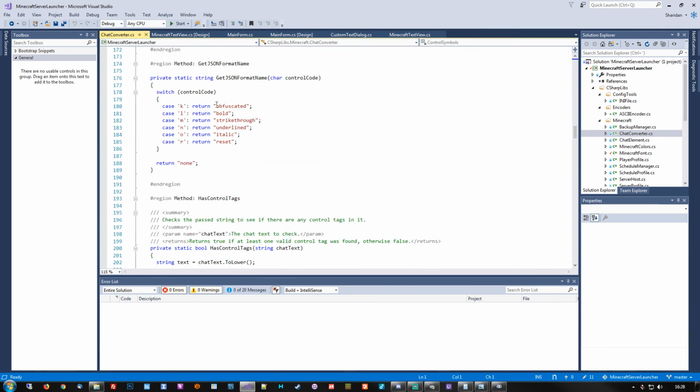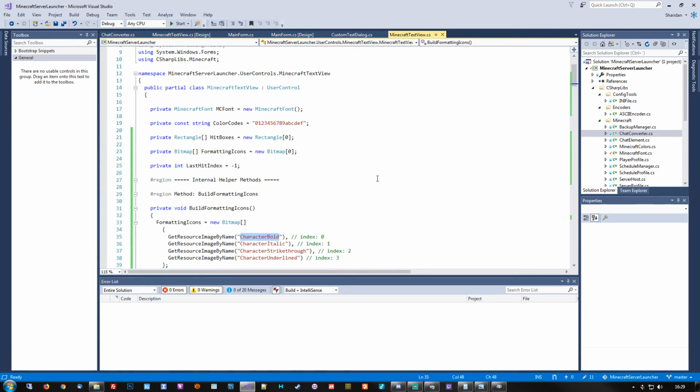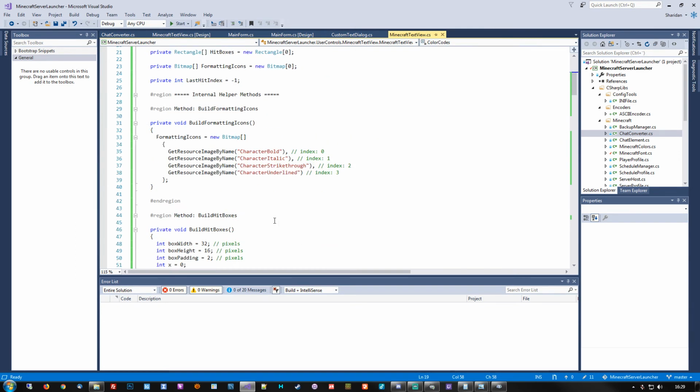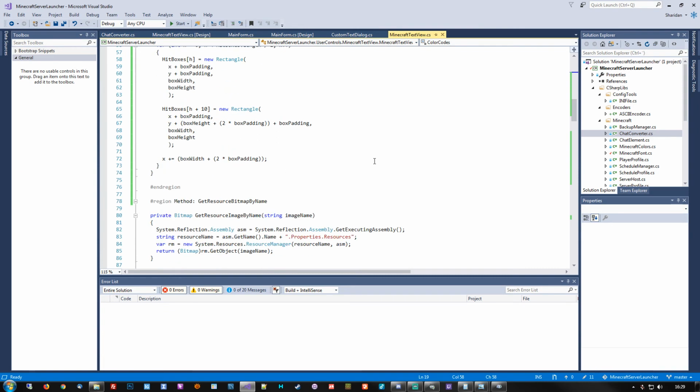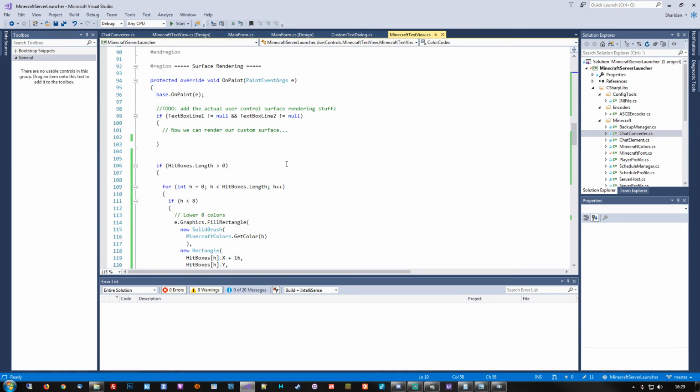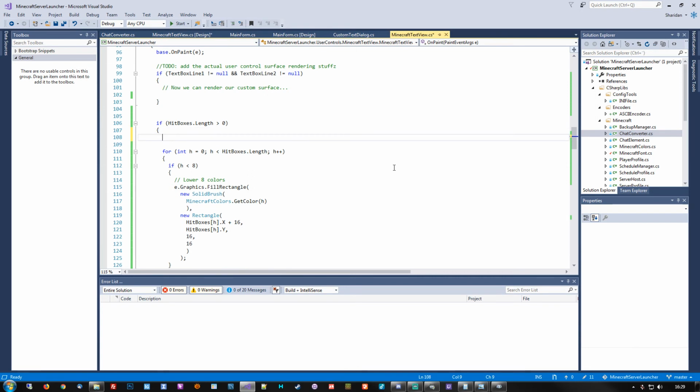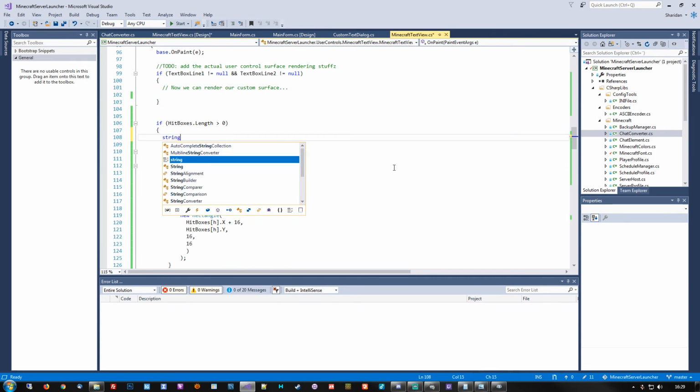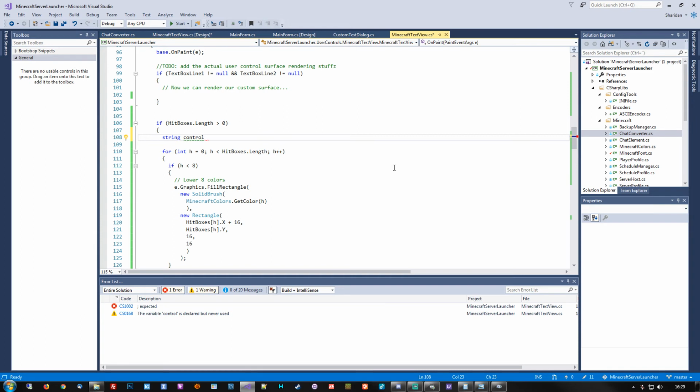Let's see, there we go. So L is bold, M and O, and so on and so forth. So these can definitely tell us the order of things. So let's see. Basically, we only need these when we are rendering this stuff. So we'll do a string control symbols, letter. And we start off with